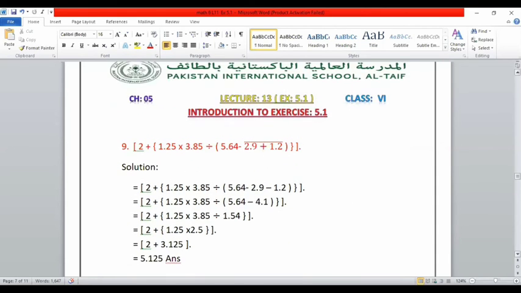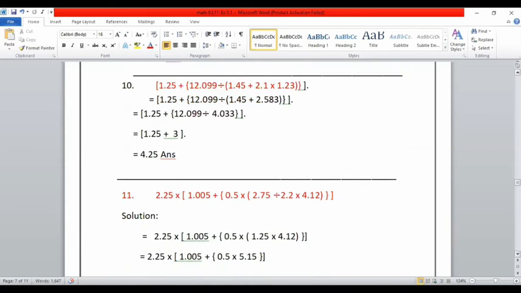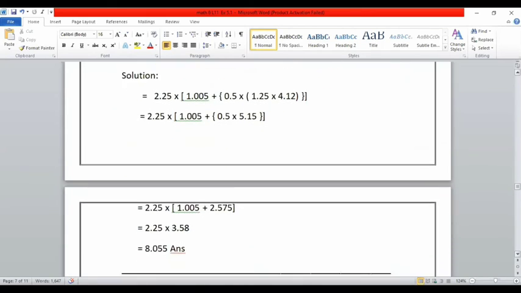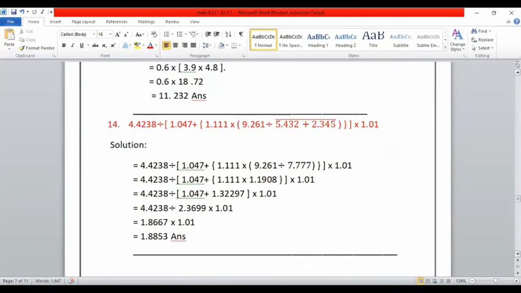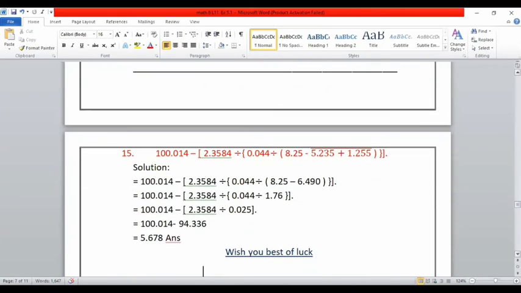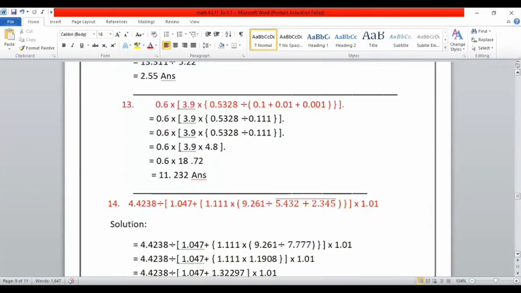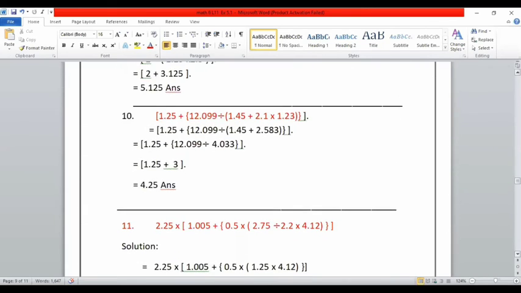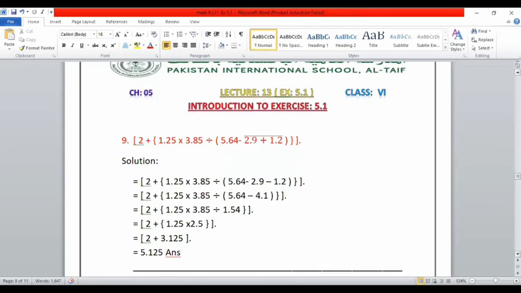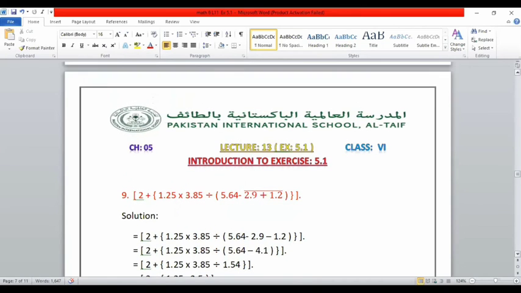I have given no homework here, but as homework you practice all these questions one by one in your notes copy. If you need the notes, you can SMS, and I will send them to you. All these questions step by step I have done for you. I hope my dear students will do them very carefully, and if you want further steps you can also add them, no problem. I have done all the steps here, but if you need any extra work for your explanation at the side of your copy page, you can do it. Hope you will understand.